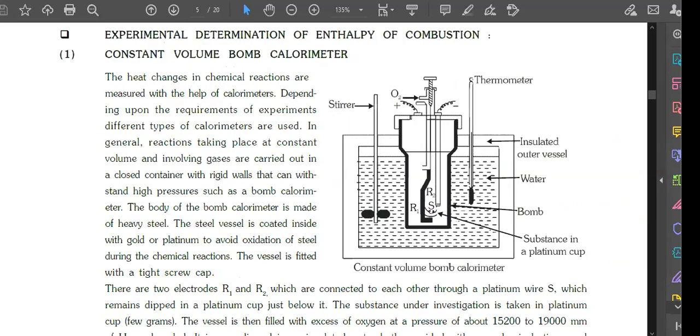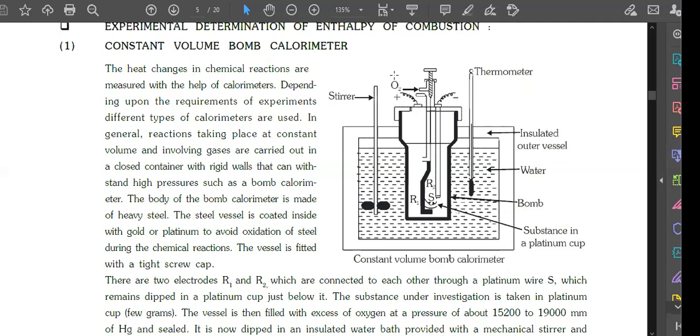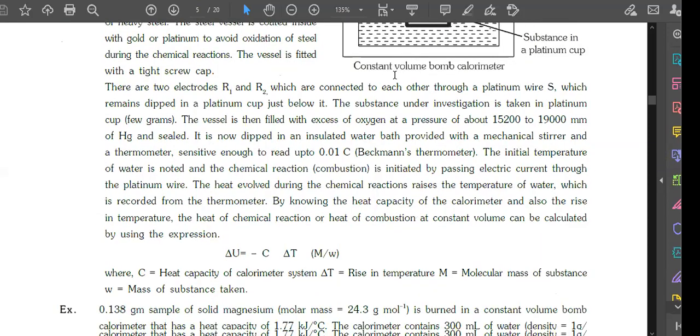Okay. Now this is what I have told you that it will be taught in school. Or you can just read through your NCERT. It is your bomb calorimeter. Now this configuration is a constant volume bomb calorimeter. It is used in order to find internal energy. Constant volume bomb calorimeter is used to find internal energy, and constant pressure bomb calorimeter is used to find enthalpy. So please go through this. This will be useful for your school examination,